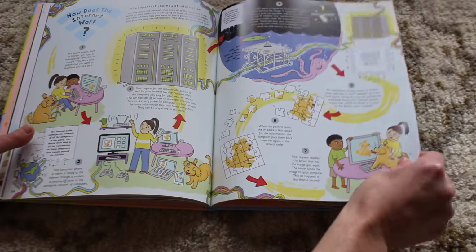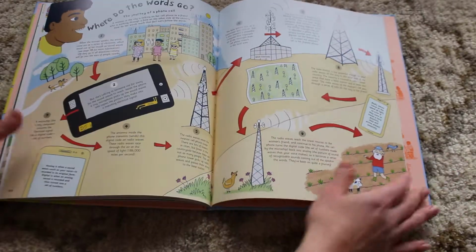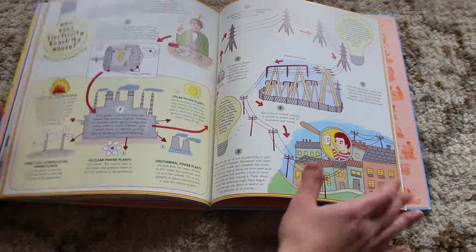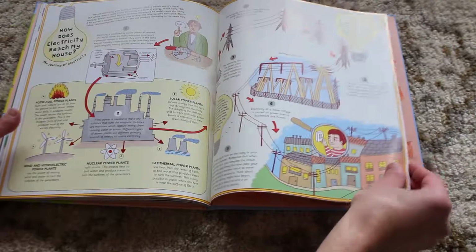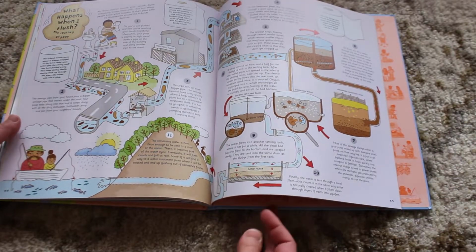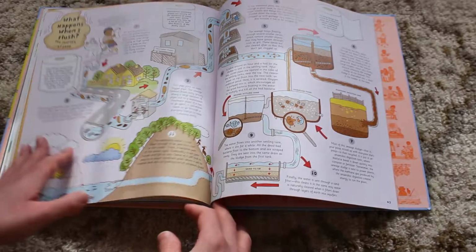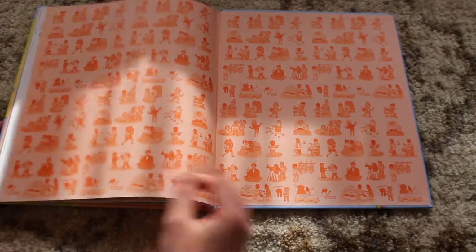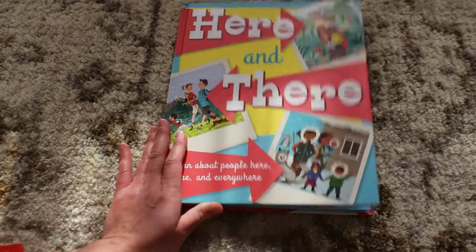So how does the internet work? I need to read this one. Where do the words go when you send a text? These are really cool. How does electricity reach my house? Really cool topics. Again, in little chunks of information. You can sit and read one at a time with your kiddo, or they can read it themselves if they're a little bit older. Super cool. Here and There talks about